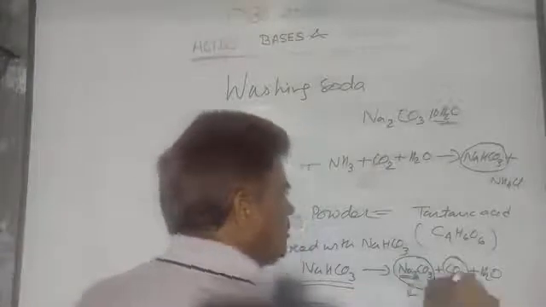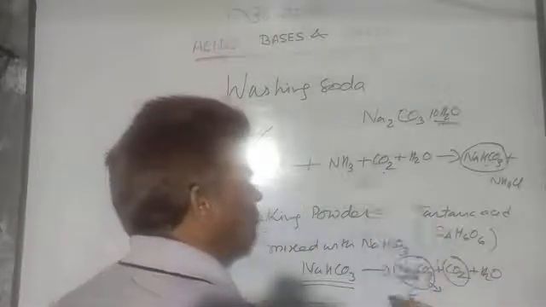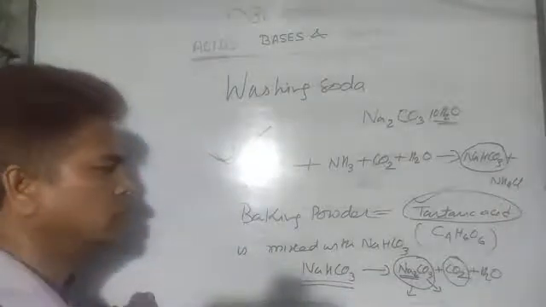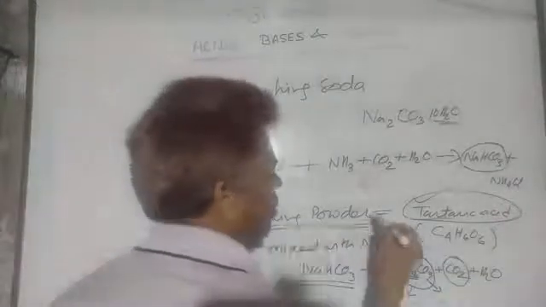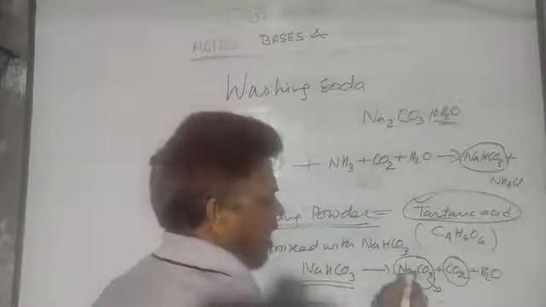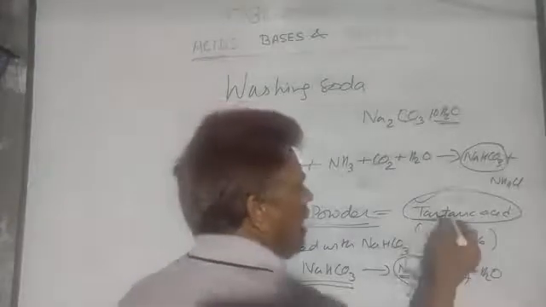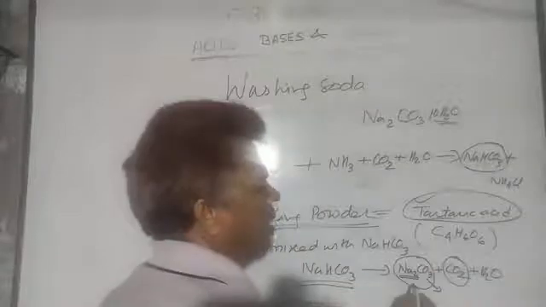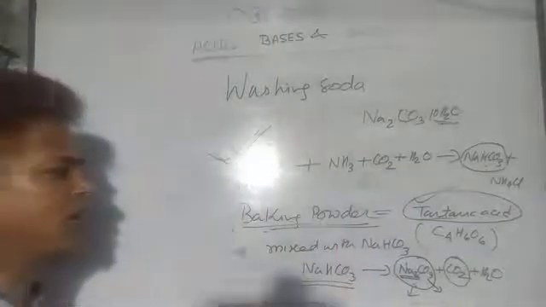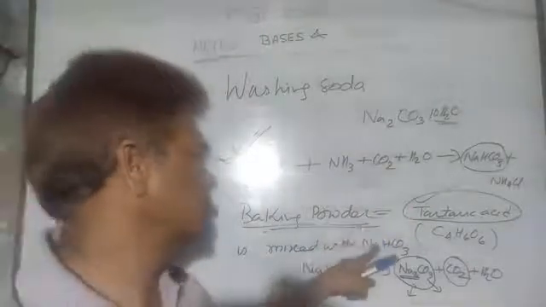So, suppose the tartaric acid is not mixed with the baking soda. What is the function of tartaric acid in baking soda? The mixture of that is called baking powder. So, this is basic in nature and bitter in taste, so that will not be eatable. So, tartaric acid neutralizes that base, and hence it becomes tasty and flavorful on mixing that tartaric acid. This is the main reason why tartaric acid is added into baking soda.